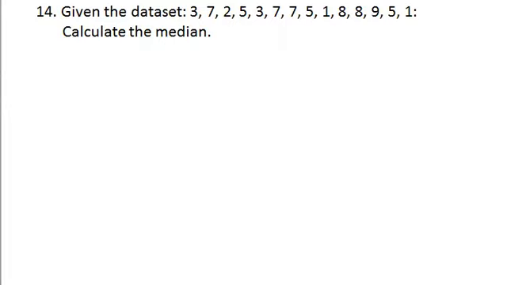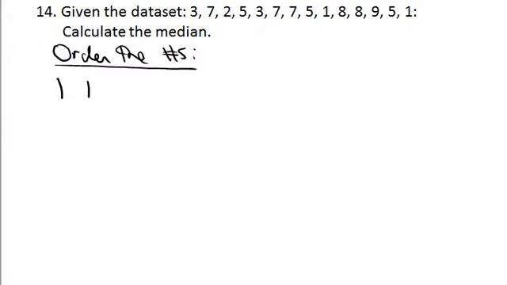Staying with the same data set, now we're asked to calculate the median. In order to calculate the median, you have to order the numbers. Put them in order. It doesn't really matter smallest to largest or largest to smallest, but you do have to put them in order. And if you do that, you'll find out it's 1, 1,